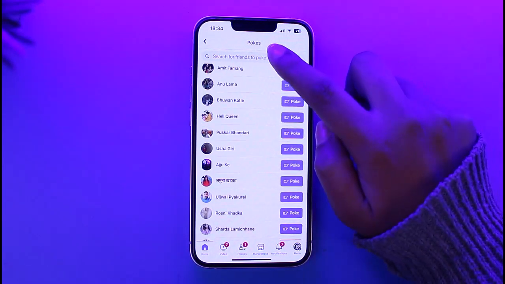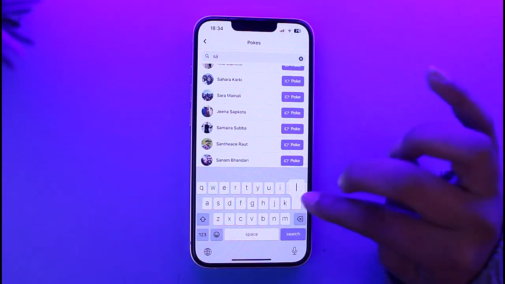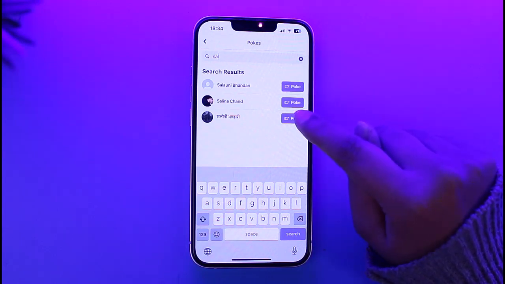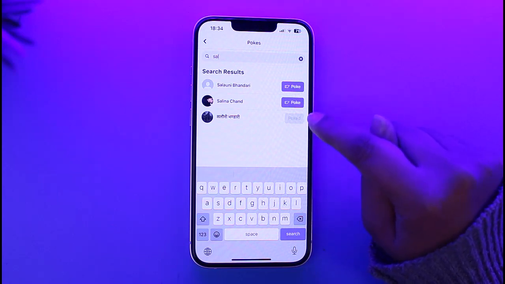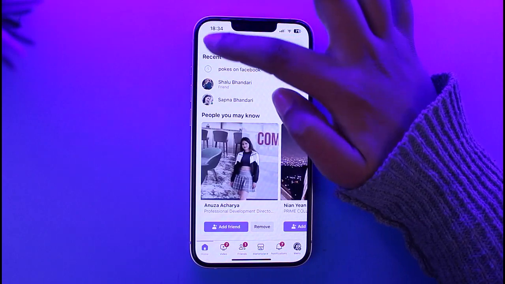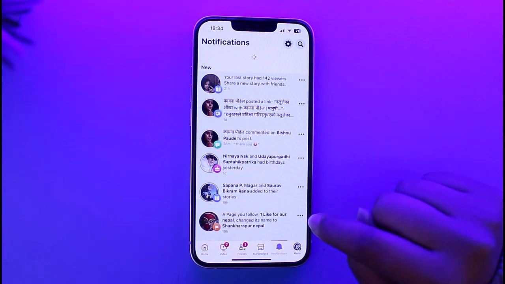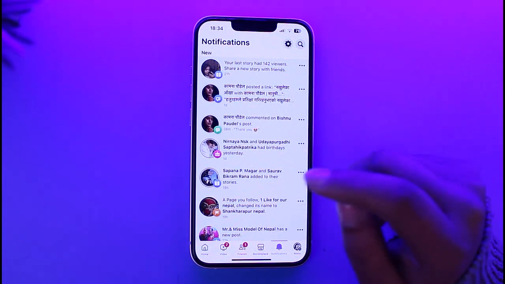You can also choose to search it up. So let's say we have this friend of ours that we would like to do so. For that, we can tap on this poke option, and now you can see it will turn to poked. We can now go back and do the same for all of our friends, and they will simply receive a notification right over here. If we have poked them, they will simply receive a notification regarding that, and you're